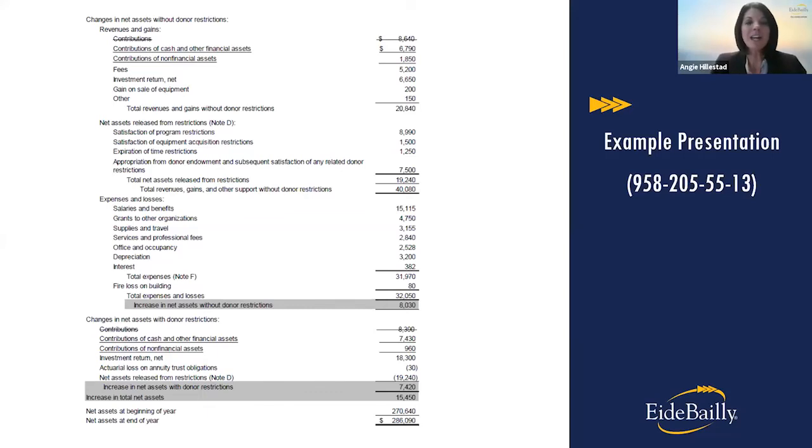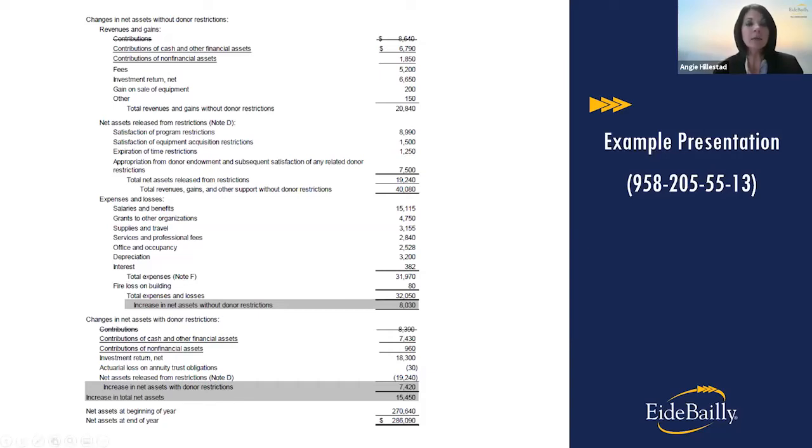Okay, let's look at a couple of examples to really try to hone in on what this is going to look like in your financial statements. So the first example comes directly from the standard. And what you'll see here is that we've got contributions up here, as was previously reported, as one line on the financial statements. And the way the standard works is it strikes out things that are changing and underlines things that are new, which is really helpful in showing you how this might look in your financial statements.